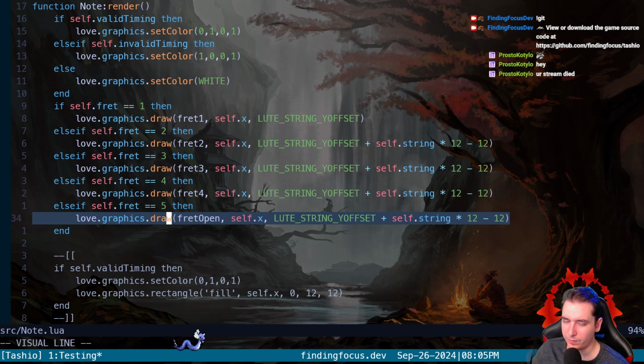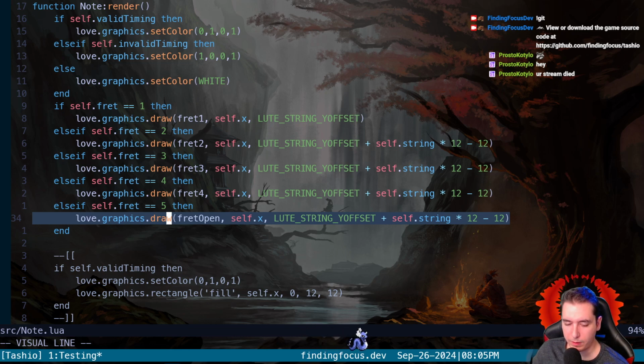So I think we can get rid of a lot of these. I'll keep them for now. Because I might want to switch up which fret is fret 1 and 2. We might go with... I don't know what we'll go with.